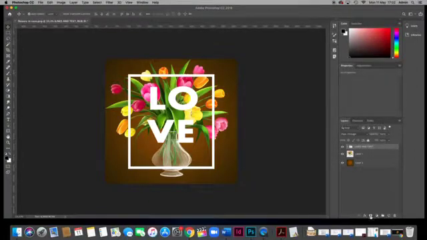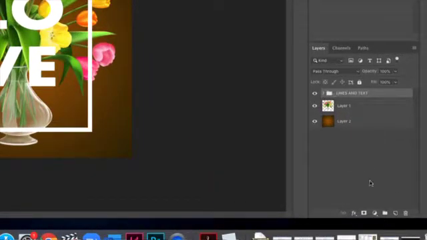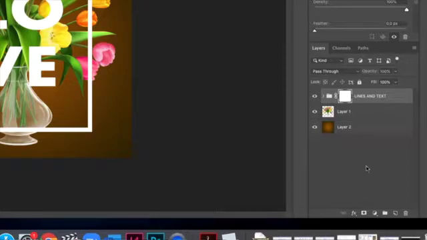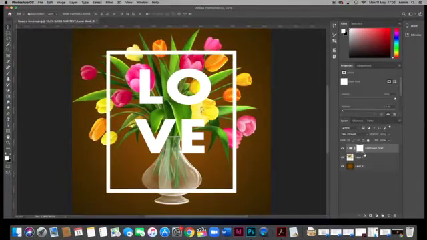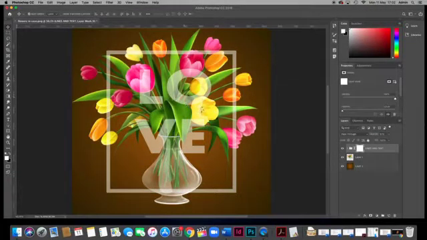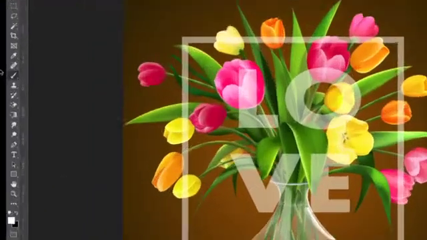Okay, the first thing you're going to do here, I'm going to put inside this whole grouping a layer mask on there. All right. Then, now it's all together. Then I'm going to lower the opacity to about 50% or so I can see through it. Now on this mask, I need to grab my brush tool,